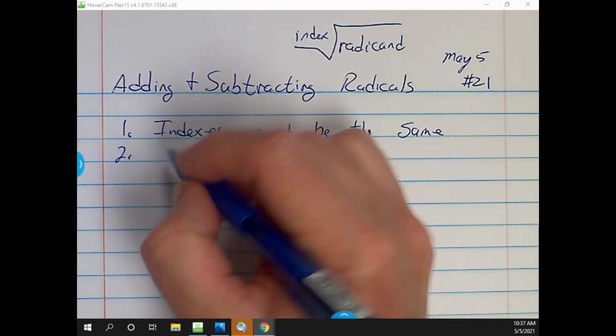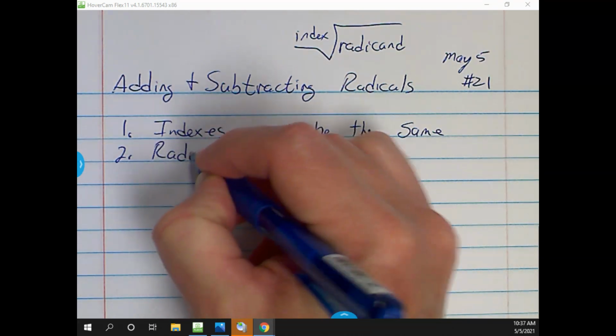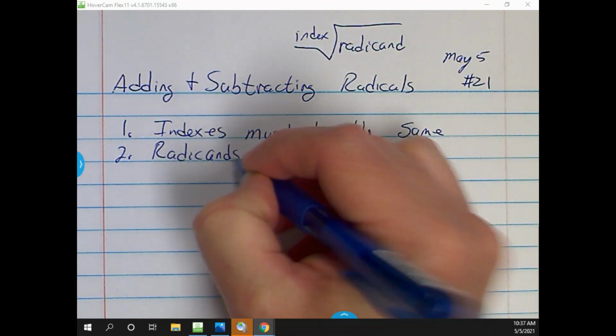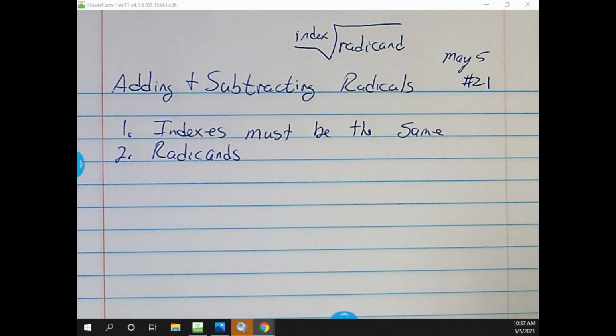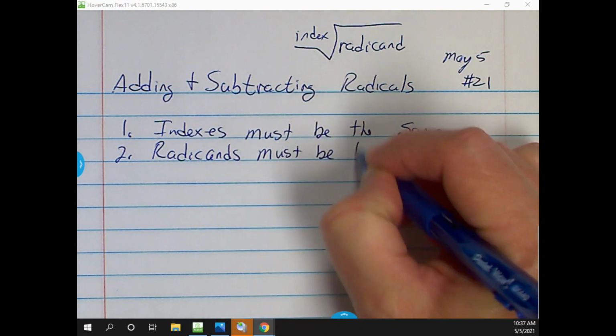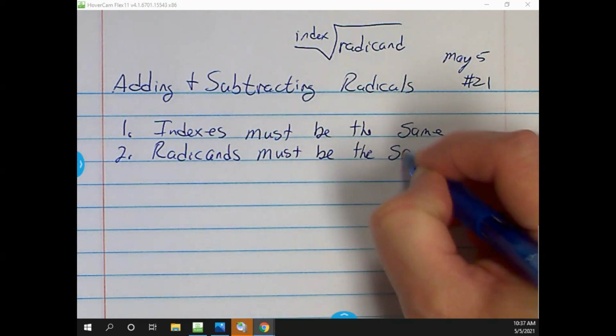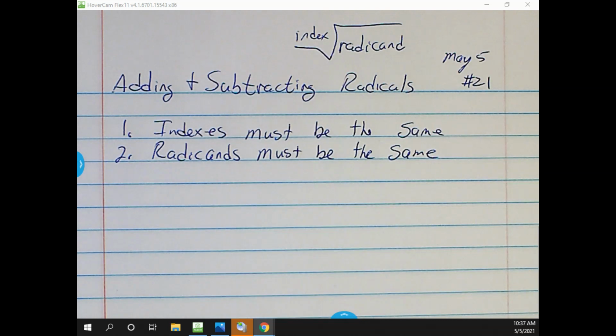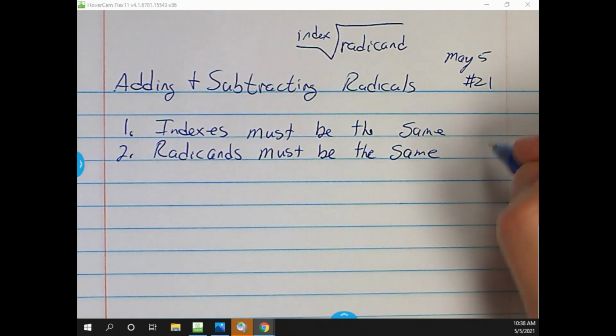The second thing you have to have, and these two are kind of interchangeable, you can go back and forth, the order is not really specific because you've got to have both of these before you get there: the radicands must be the same. Okay, so once you've checked off that the index is the same, and once you've checked off that the radicand is the same,